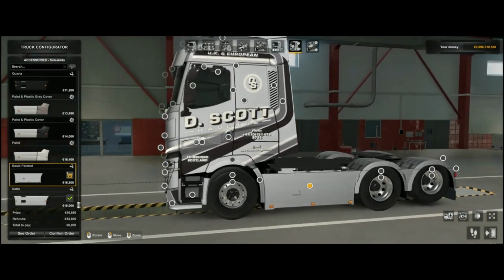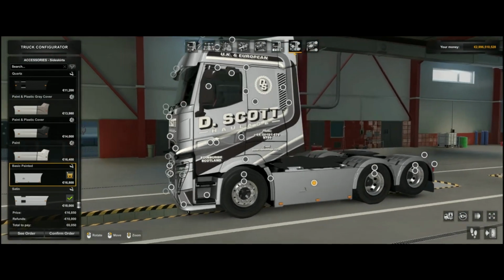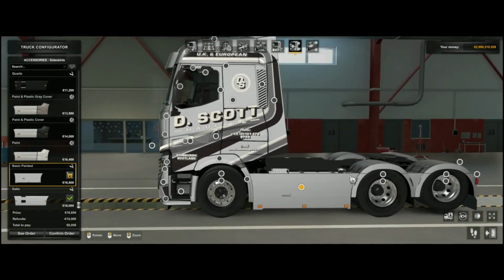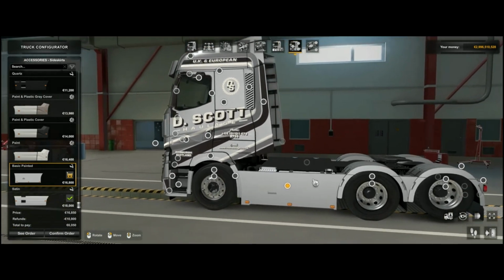So what I'm going to do is skin the template for these side skirts, and then I will show you how to add them in to the truck skin. The first thing you'll do before you close the game down, because you can't make changes to skins while the game is active, is take the part name. So you click on the part that you're going to skin,